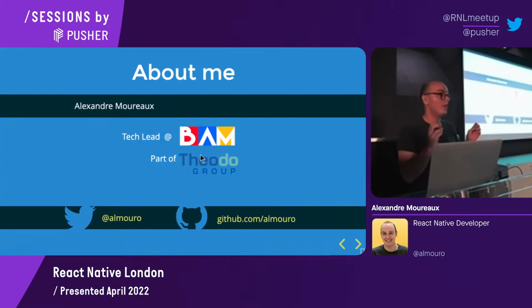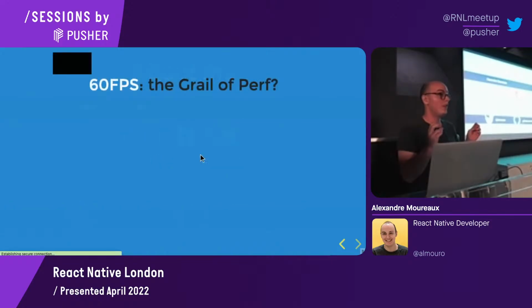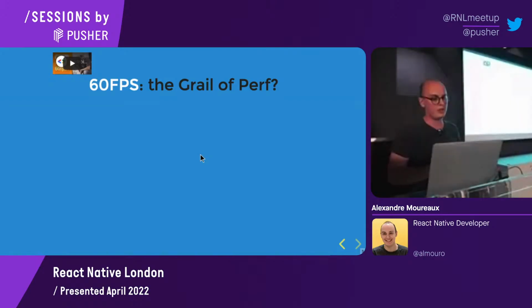It feels like measuring performance for mobile apps is not as mainstream as for the web, and it's kind of annoying. And when you Google, okay, what makes an app performant? What can you do to make your app performant? Usually you can see this video. I'm not going to show it, but it's in the slides. They explain why the holy grail of performance should be that your app should run at 60 frames per second.